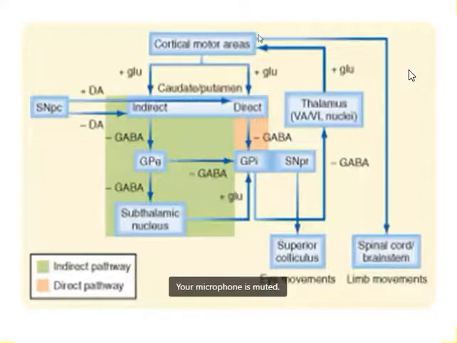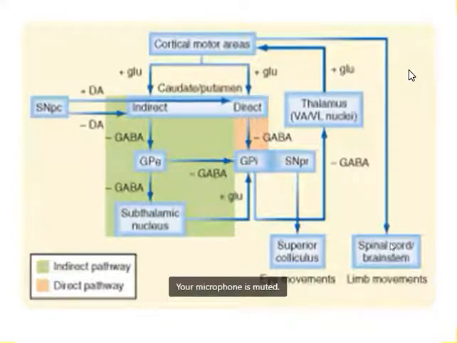This is the upper motor neuron, corticobulbar or corticospinal, and it has influence on the brainstem and the spinal cord, where there are lower motor neurons. Ultimately the corticospinal tract or corticobulbar tract will influence the nucleus, the anterior horn cell or the cranial neurons in the brainstem, and that is the source for the control of the lower motor neurons. They are themselves the lower motor neurons, and they will cause the movement of the limbs.